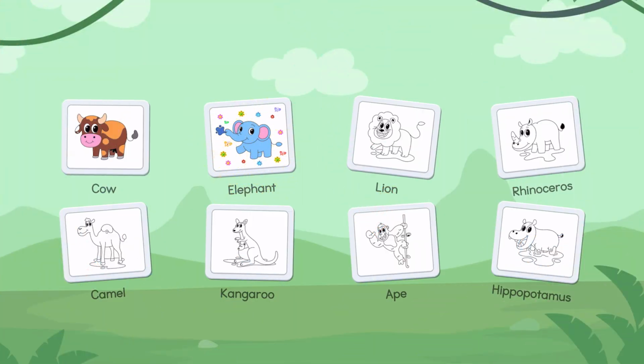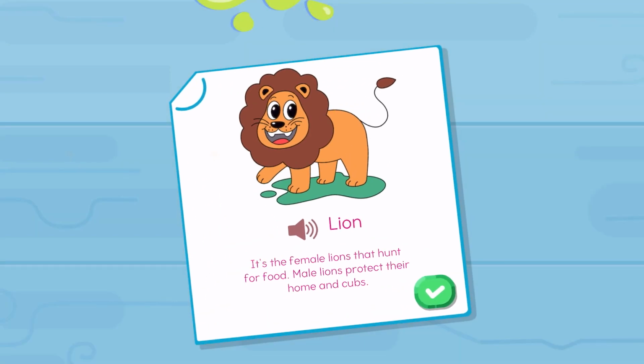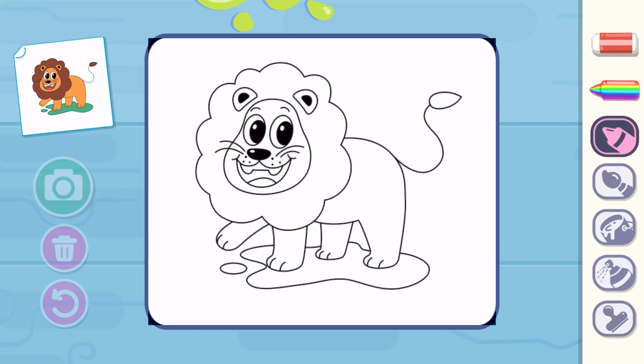Select a drawing and have fun coloring it. It's the female lion that hunts for food. Male lions protect their home and cubs. Today, we're going to color Lion,